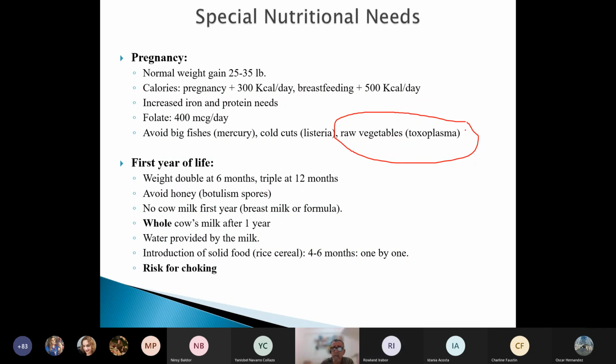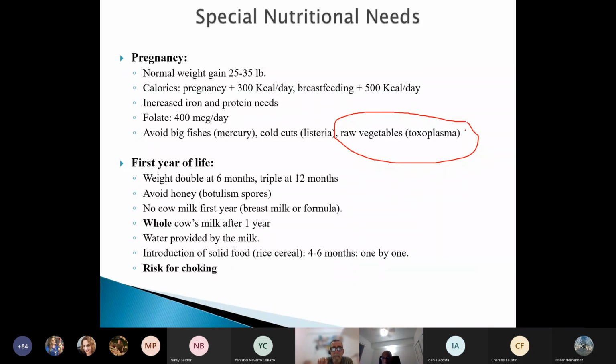Because there is something that could be in the poo of animals, cattle, pigs, cats, dogs, and even humans. They can have toxoplasma, a protozoa, and the cycle of this protozoa is fecal oral. When the animal poops in the farm, in the field where the lettuce or the strawberries are growing, then the person can incorporate this toxoplasma in their GI.